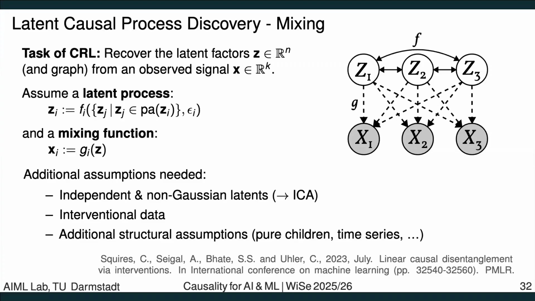Under some conditions that might be true, I would argue, but especially in the image domain, there's a pretty good chance that camera angles or whatever always influence all of your axes, so you seldom have that setting. But in a highly controlled setting, you might be lucky and get this kind of scenario. The other thing, of course, is time series, because I know that I don't only have a random collection of images, but that two images are consecutive to each other,